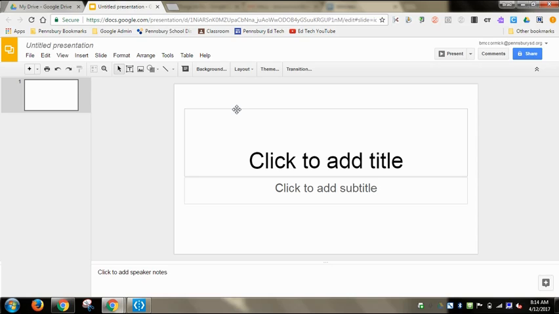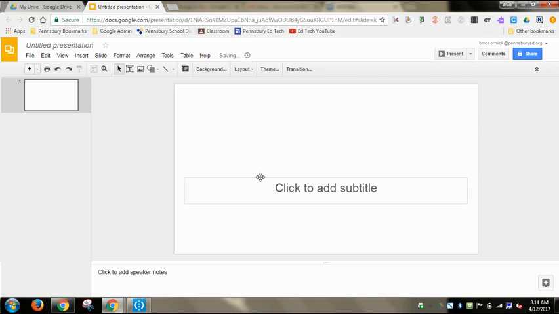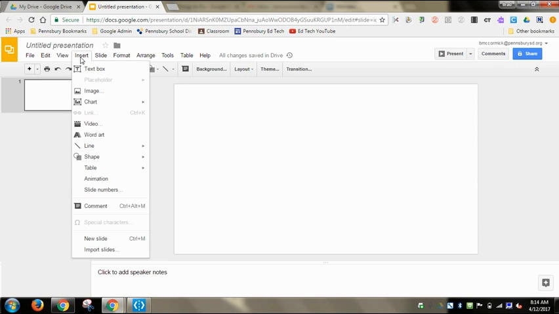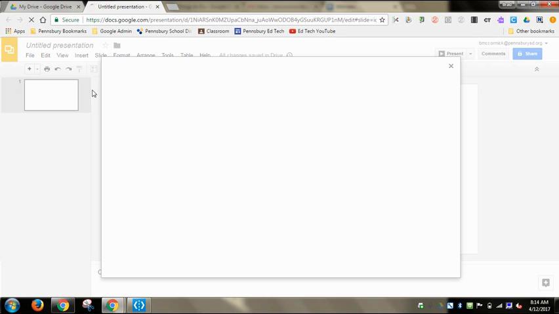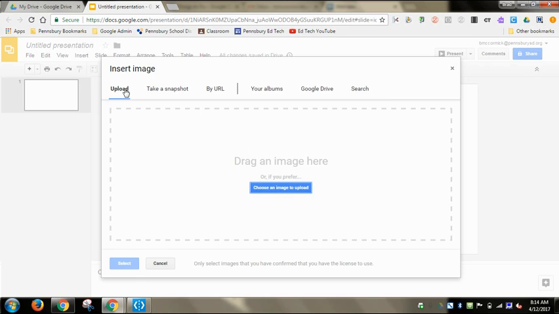instead of just text. What I'm going to do is clear out these text boxes here so I can have a blank slide to work with. And the first one, I'm just going to insert an image, and there's a few different ways you can do this. One is you can go to insert and then image, and you have the ability to upload something from